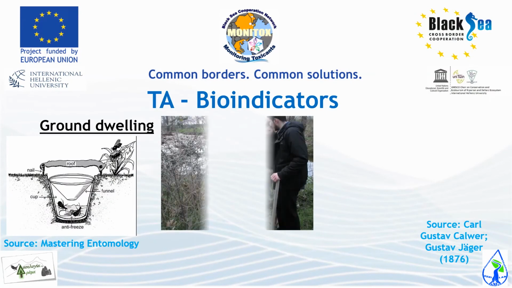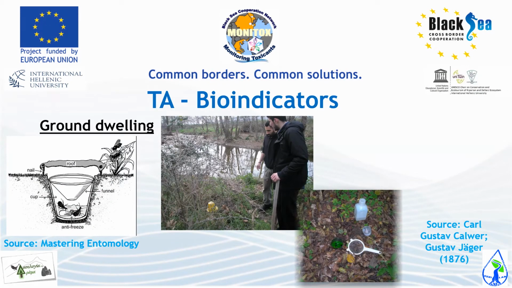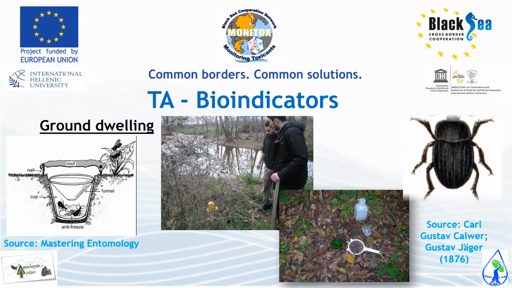We've also used ground-dwelling insects. In this case, in order to monitor them, you use pitfall traps. You can see pitfall traps in the first and second photo. Then the second photo are the actual pitfall traps that we used in the field. So what happens with these traps? Ground-dwelling insects fall into them, and then because we have a certain fluid, like an antifreeze, it kills them and